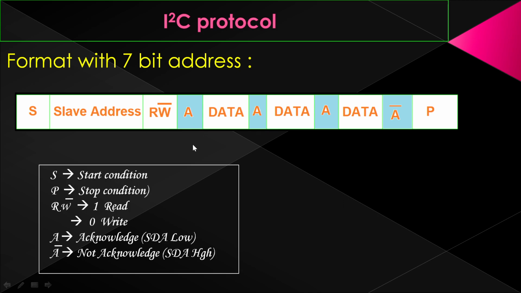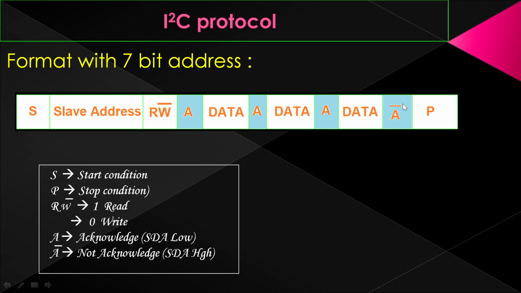And this is the acknowledgement bit sent by the slave to the master. It indicates that I am addressed. Nothing but pulling the SDA line low indicates an acknowledgement sent to the master. Next, we have to transmit the data, acknowledgement, data,